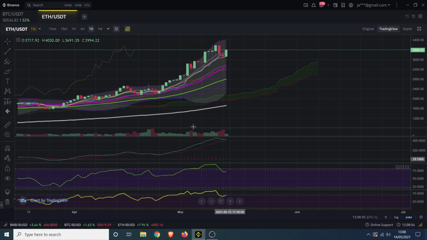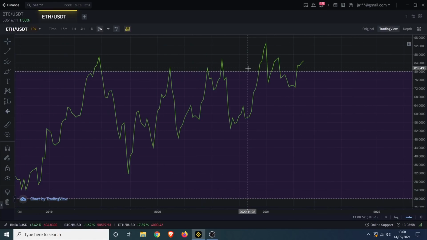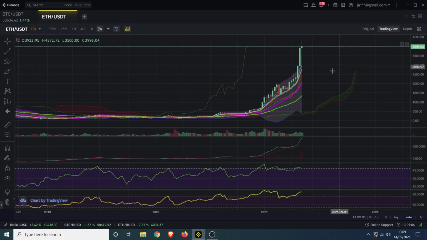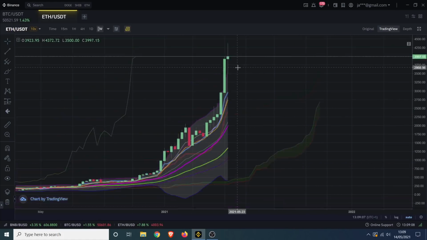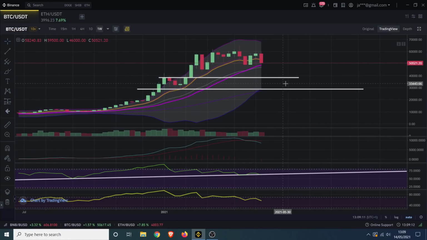Look, this can run harder, definitely. On the weekly, it's not overbought, or it's not signaling any kind of significant toppy area, not yet. But it probably will soon. And I think that would likely mark the top for altcoins and for the rotation into Bitcoin. So, long story short, altcoins still have a bit further to run. They can push Bitcoin deeper into the ground easily.